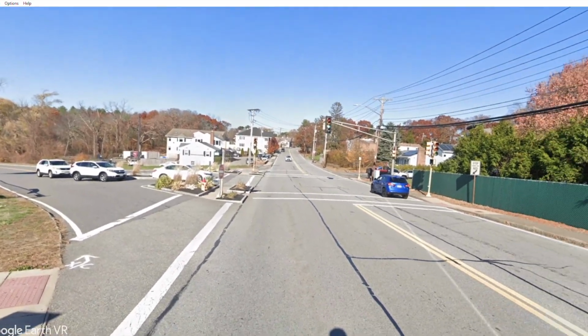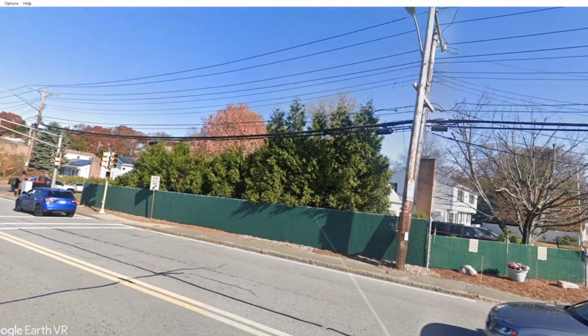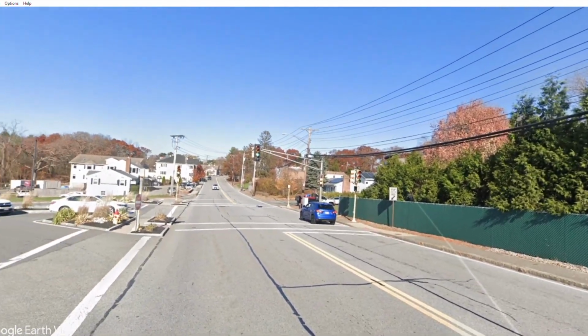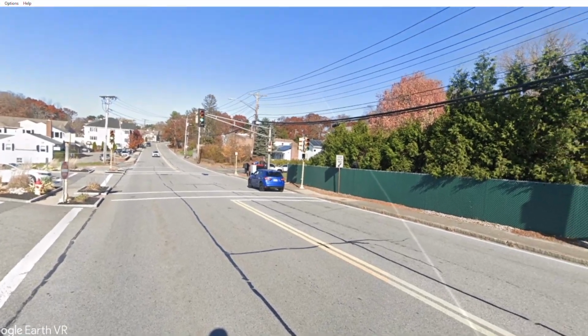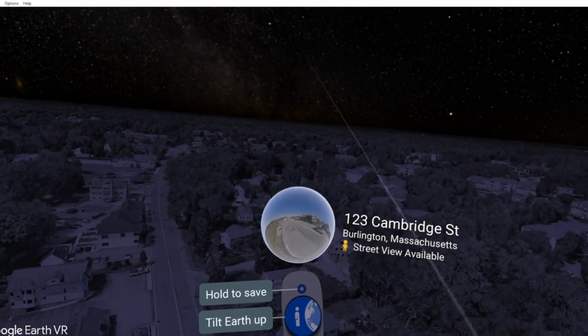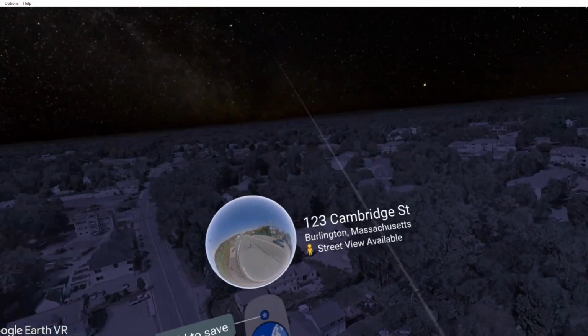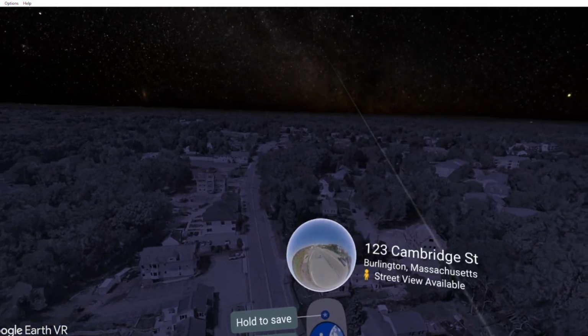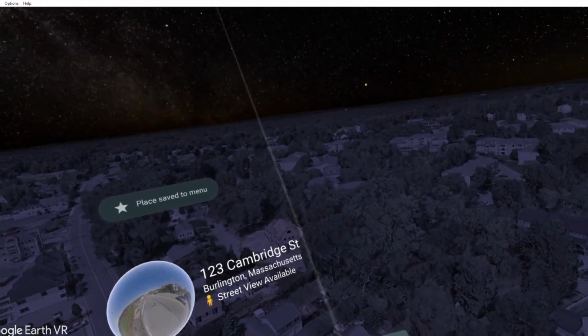What else do I need to go through? Alright. To save a location, I'm gonna get myself out of street view by moving my left controller away from my face, and then on your left controller again, where the menu button would be on your right, is a little button. You just tap it and let go, and it's saved to your menu,